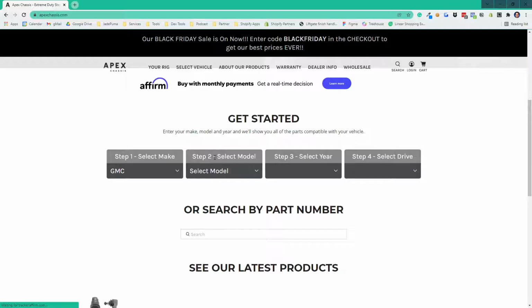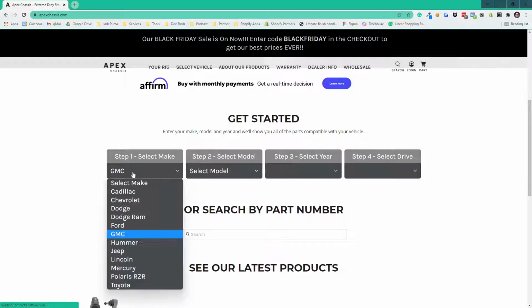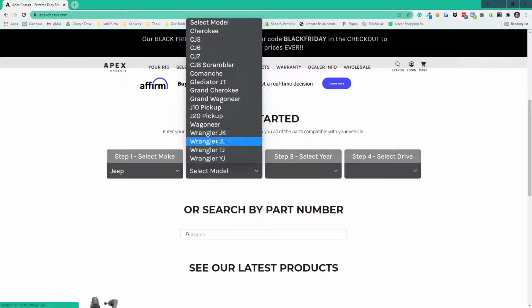And working with Joe, the owner of the business, we tried it one way, and then we iterated on it. We went back and forth quite a few times because there's not only the front end, where we have to think about how this selector works. That's actually fairly easy. The hard part is determining how the data is going to work on the back end of the parts. So what we end up doing, let's just pick a Jeep JK